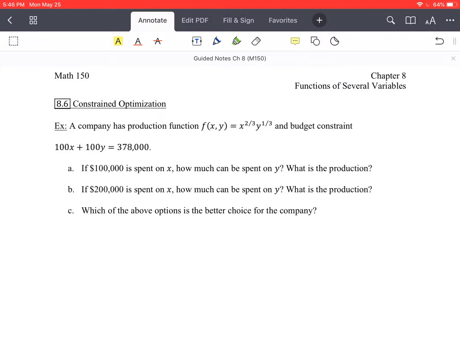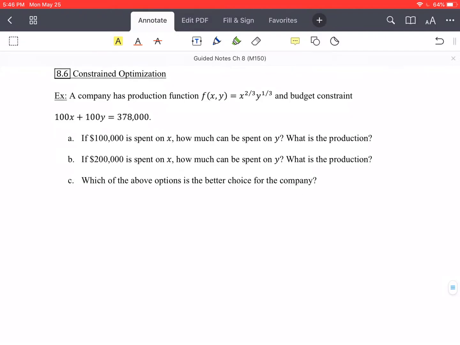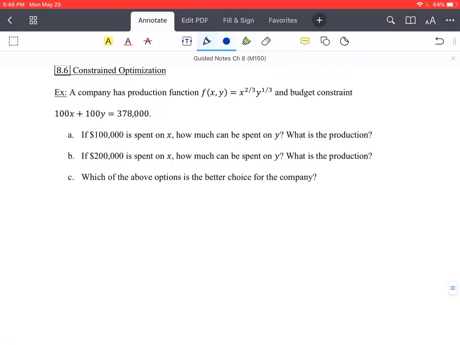So let's start off here. A company has production function f of x y equals x to the 2/3 power times y to the 1/3 power, and budget constraint 100x plus 100y equals 378,000. So for part A, if $100,000 is spent on x, how much can be spent on y, and what is the production? So first up, for part A,